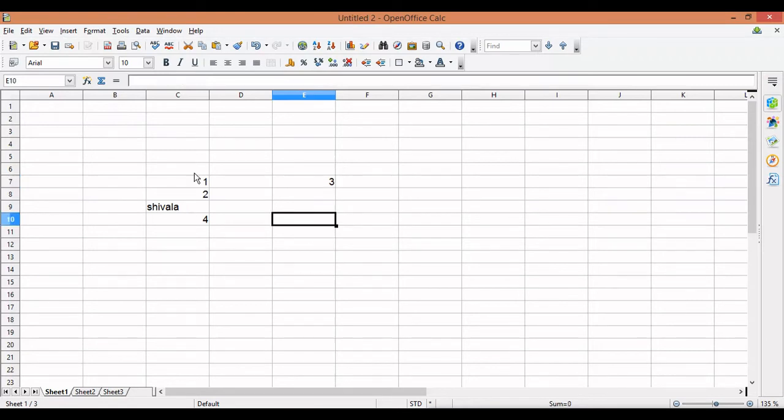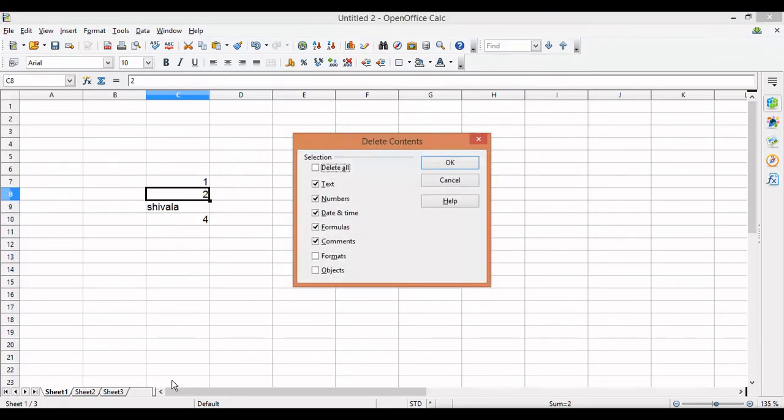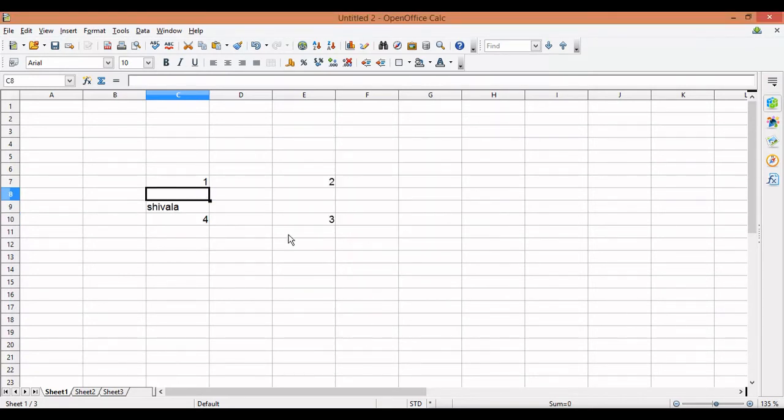But if I want to include the text also, I will use COUNTA. Now if I give the cell range, so enclose it and then 4. As you can see, this text is also included. COUNTA, if I keep a cell empty, for example, let me keep this cell empty. As you can see, it is now giving us an answer of 3. Why? Because there are 3 cells which have data: 1, 2 and 3.